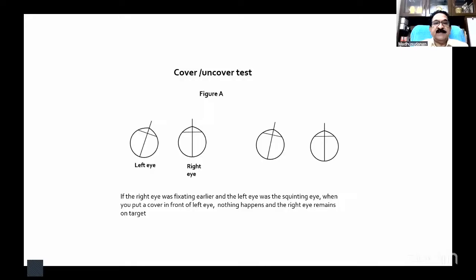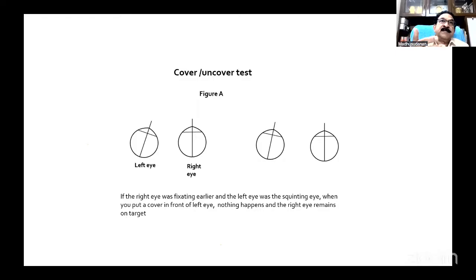Let us see, for example, here on the left side is the left eye, and the right is the right eye. The left eye is deviated obviously to the inside. There is an esotropia of the left eye. But remember, this is for finding out subtle deviation. If you have gross deviation like that, you can say the left eye is already adducted, there is a squint. But the problem comes with a mild paralysis. The eye deviation will be so subtle, you will not be able to make out a definite squint, just like our patient. That is where you need a cover and cover test.